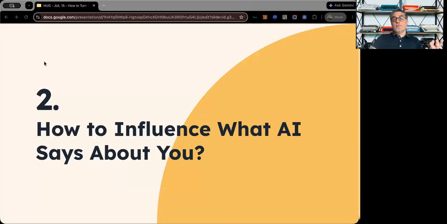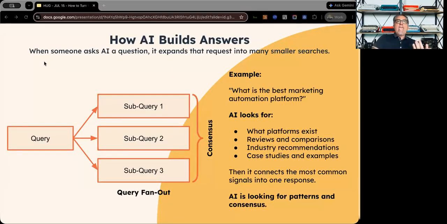So, the question is, how do we influence AI? The first thing we need to know is that AI doesn't just take the question you ask and look it up in its database. First of all, AI doesn't know anything. AI is pretty much autocorrect on steroids. It just auto-populates words, whatever next word makes the most sense from the experience it has, and sometimes it searches the internet. Another important thing to understand is that when you ask Google, what's the capital of France? It'll say Paris because it's in a database. AI doesn't work that way.